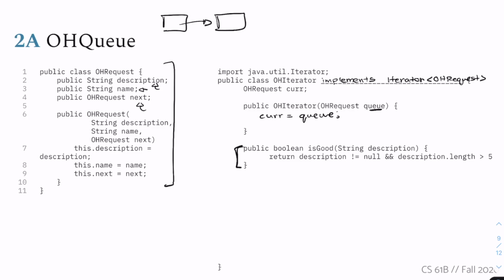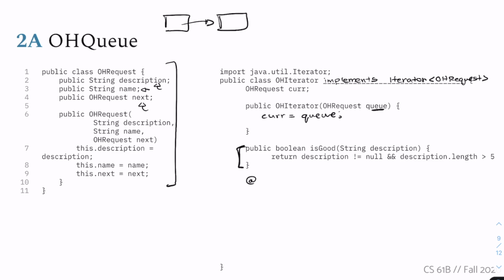So first of all, don't forget, always write @Override. And the reason we do this is not because we have to. Our code will technically compile just fine without it. But it's good because it prevents us from making typos and then having weird inheritance problems later on that are really hard to debug. So we have @Override, public, boolean,